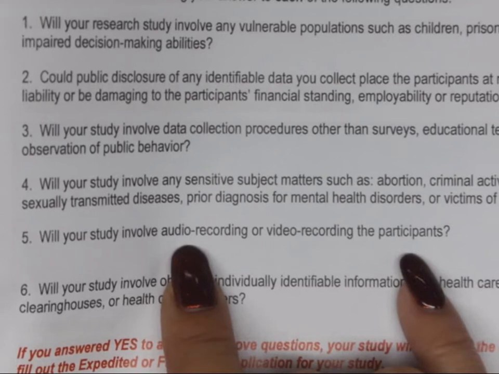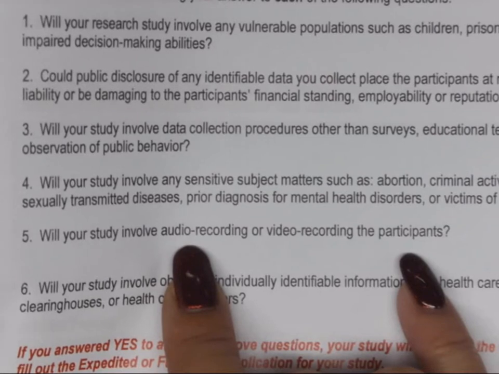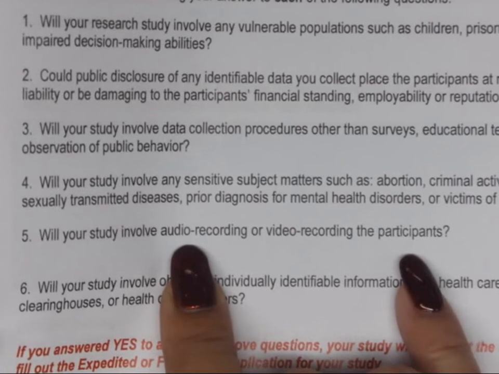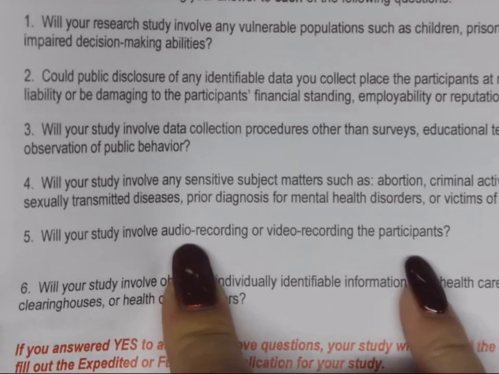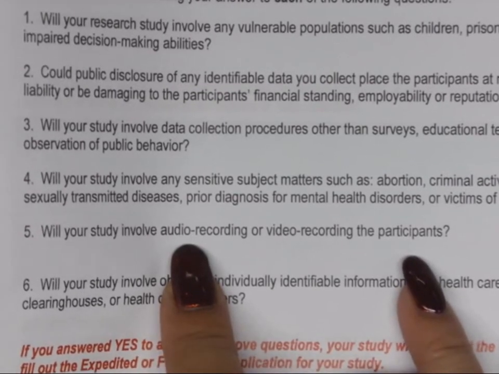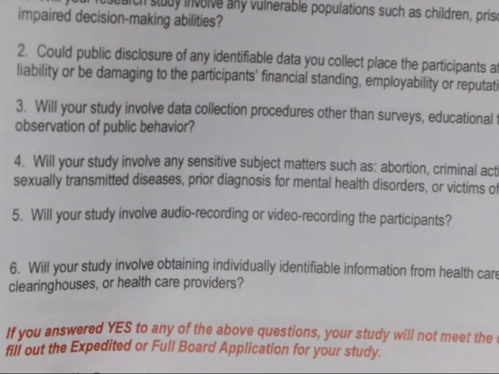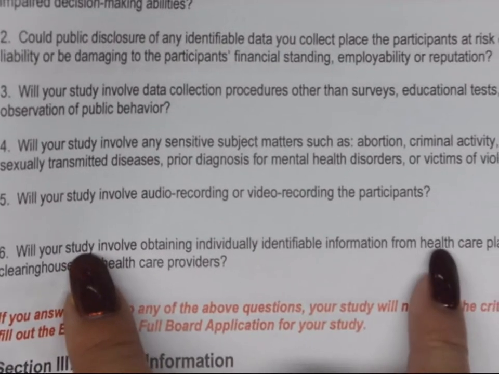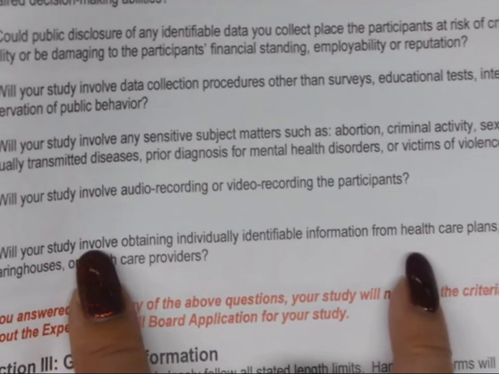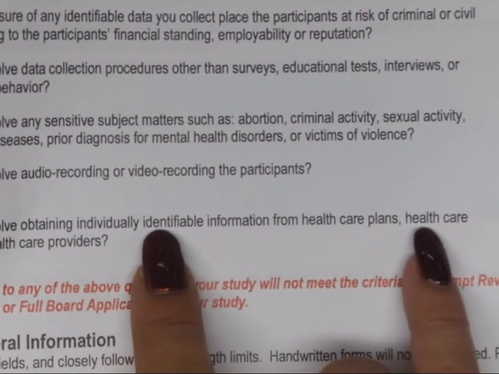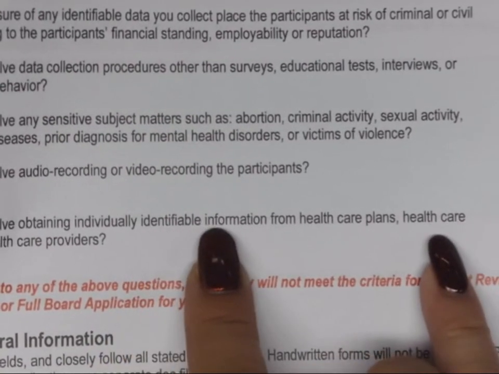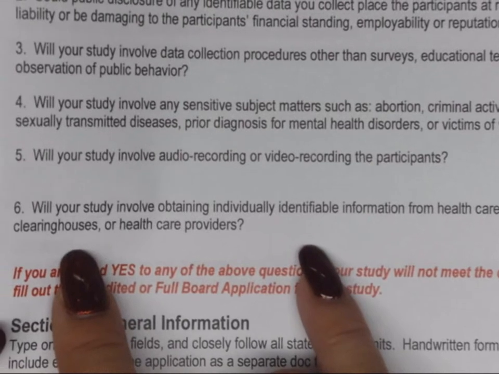But they came to my office, they checked my encryption, they made sure that I had a safe available to put a lockbox basically where I can put things, student records, and that I'm the only one who has a key to that. And so they really are very serious about that, and they call it basically an internal audit where they're doing that. And last one, will your study involve obtaining individually identifiable information from healthcare plans, healthcare clearinghouses,